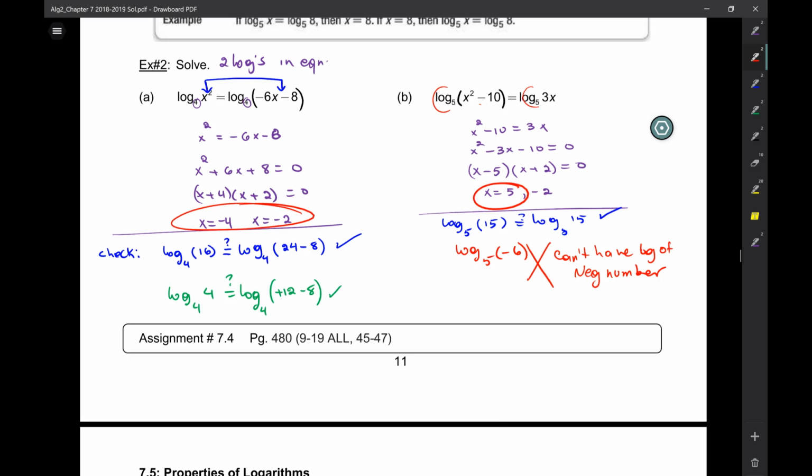Yes. Then you can't solve it. Yeah. All right. Now